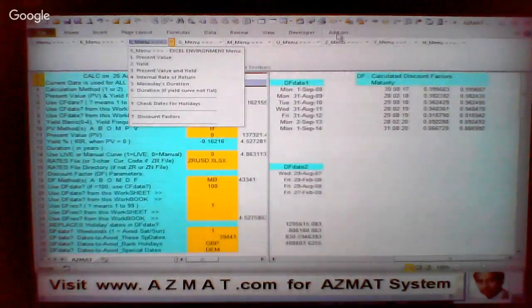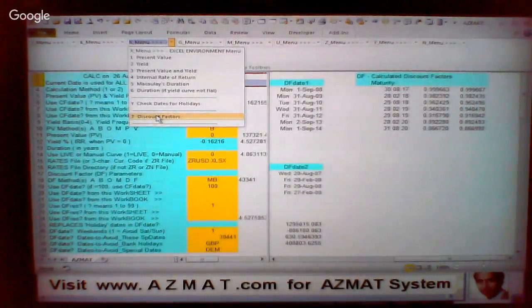So it won't always be add-ins and then X menu; it could be X menu directly. The main thing is the command is directly from the X menu, discount factor, whether you use the menu or use Control D, D for discount factor. So we use Control D on a spreadsheet or use the menu. We're just going to go briefly with that. So discount factor